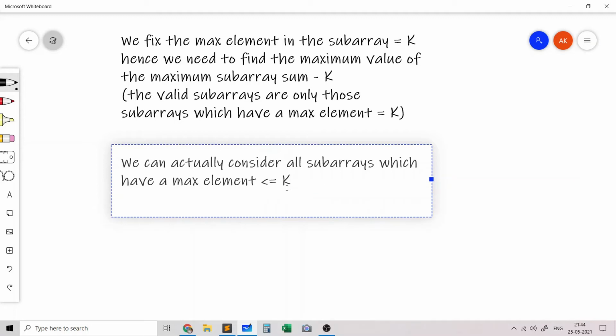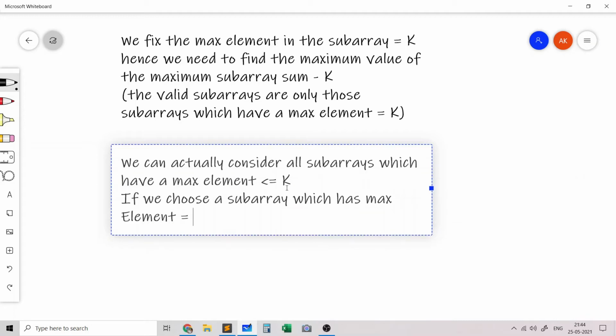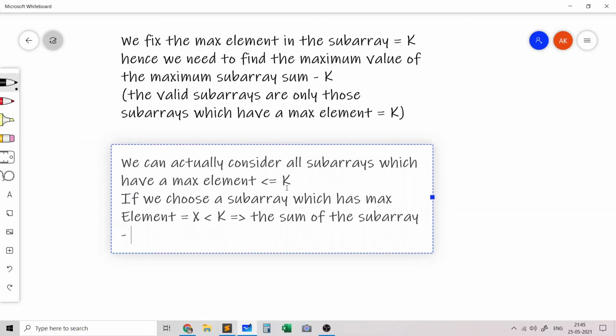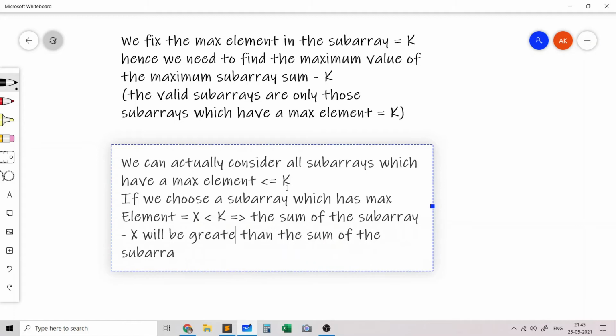So basically, if we choose a subarray which has max element equal to some other value, let's say x, which is less than k, this means that the sum of the subarray minus x will be greater than the sum of the subarray minus k.